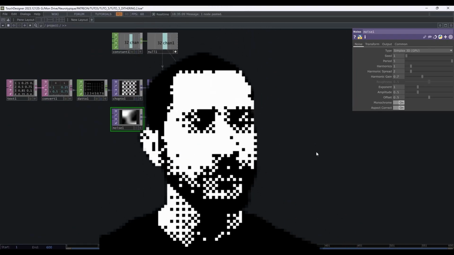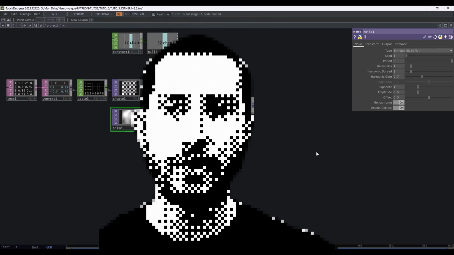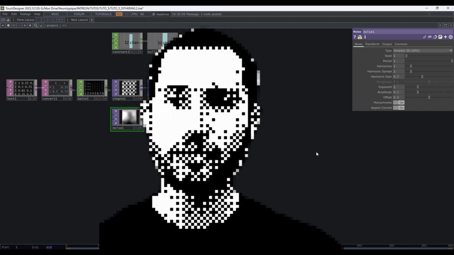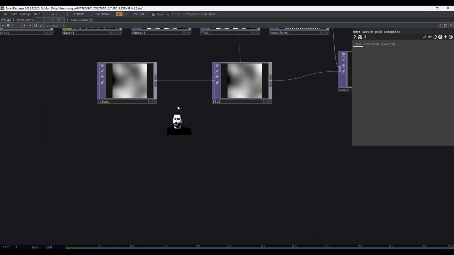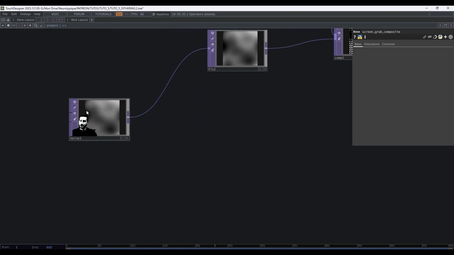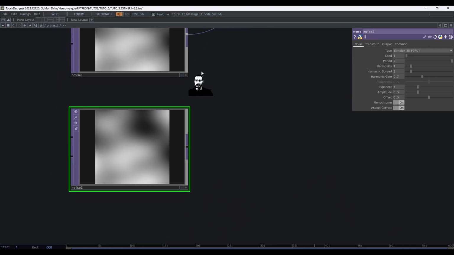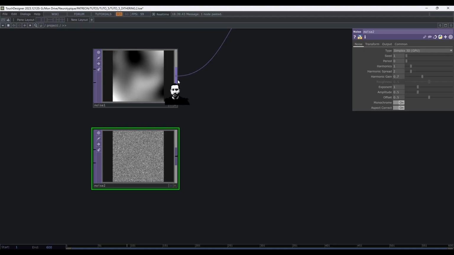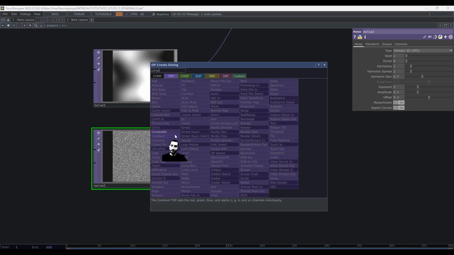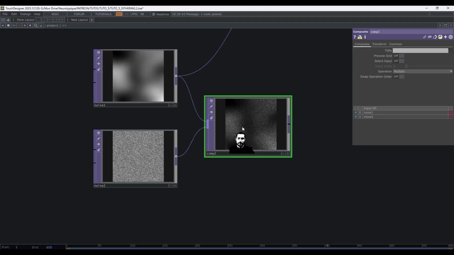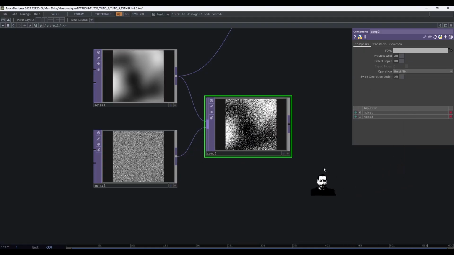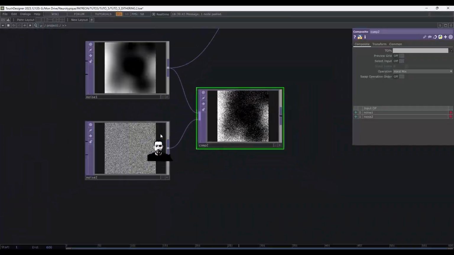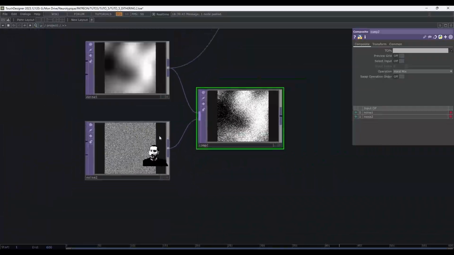So now that you understand how this basic Bayer matrix works, it's up to you to find the perfect texture or different texture to shade your image. For instance, we could use another noise. If we take this noise, duplicate it, and have a really small period like this, we can combine the two with a composite top into hard mix, and the result is this, the same principle, just with noise.